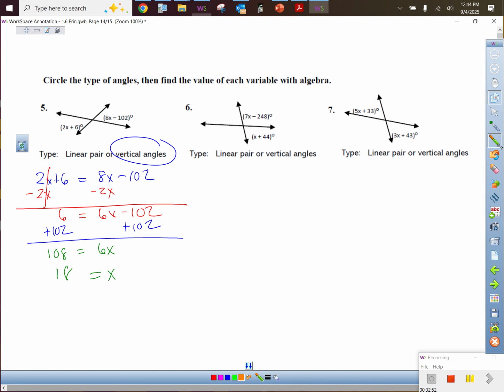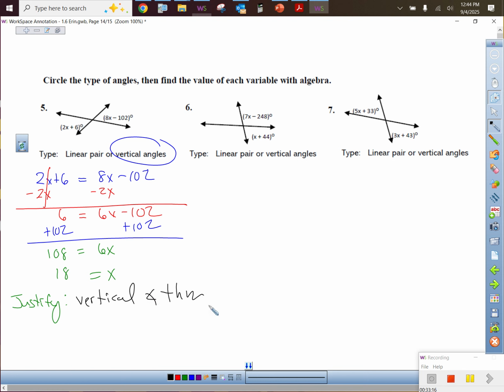I'm going to add to these questions. I hope you had enough room. I'm sorry if you didn't. I need to justify this. Why did I set those equal to each other? What kind of angles were they? Vertical angles. Why should they be the same? So we'll justify right here. Vertical